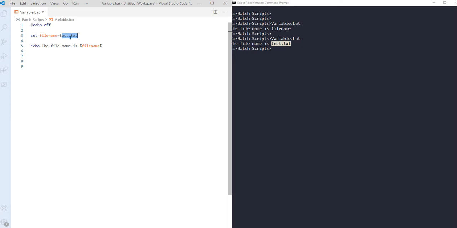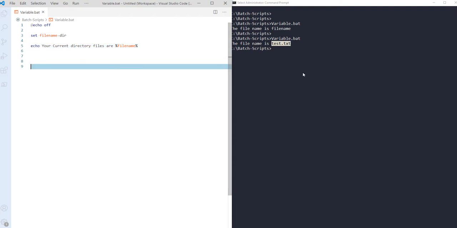You can just use a string over here or an integer over here, that is fine. You can also use a commandlet inside this, and then you can display that particular commandlet. So let's take an example of commandlet here. I'm just using dir, and in echo what I want to do is your current directory files are, and after that I'm just using percent file name.